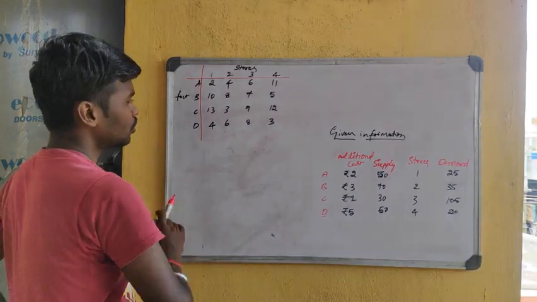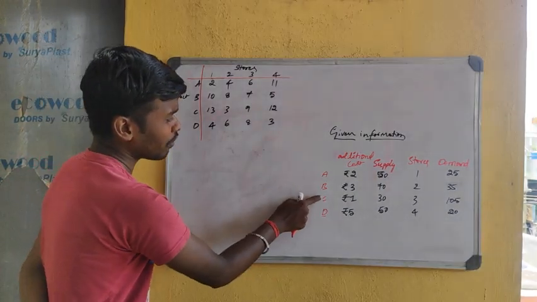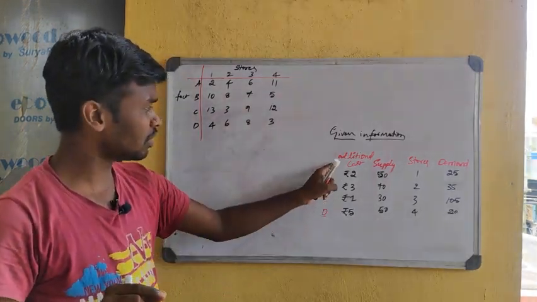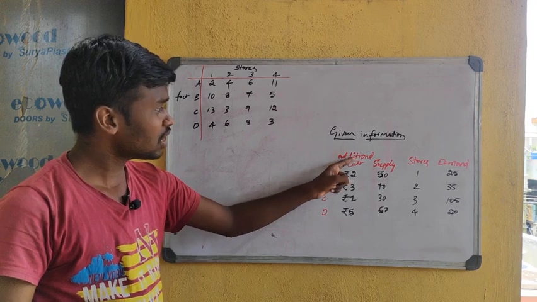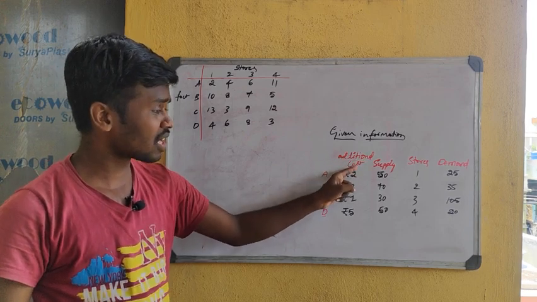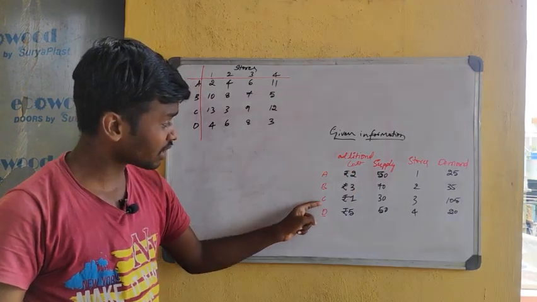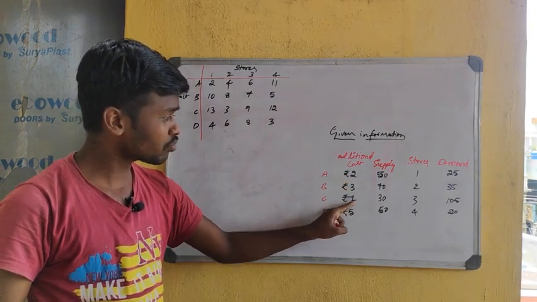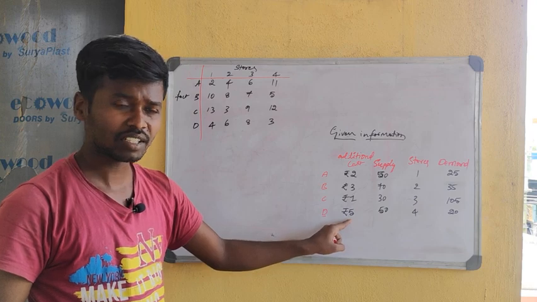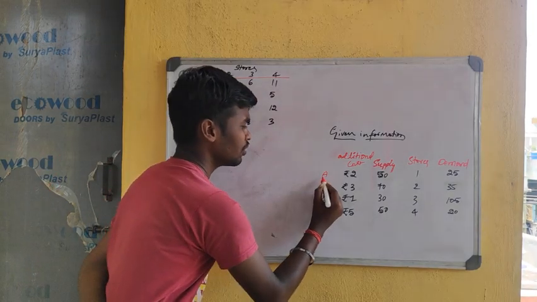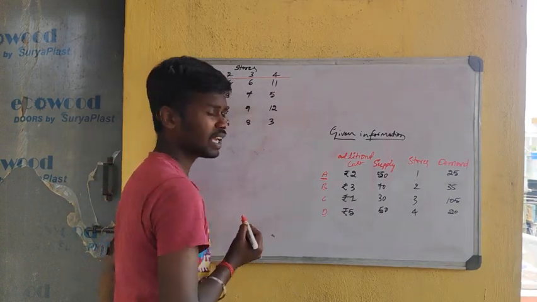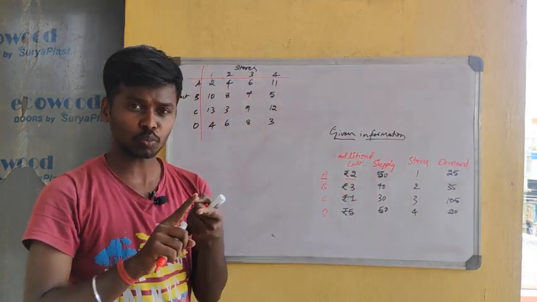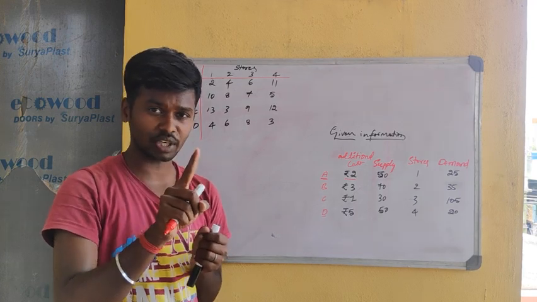Okay, so now see, there are 4 factories. Once you see the sentence given in the problem, that is the additional unit or additional production cost incurred for the 4 factories, respectively rupees 2, rupees 3, rupees 1 and rupees 5, right? So observe factory A: what is the additional cost incurred? Rupees 2. So this rupees 2 is for a single unit, right?